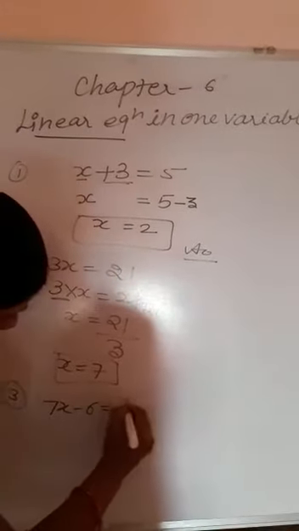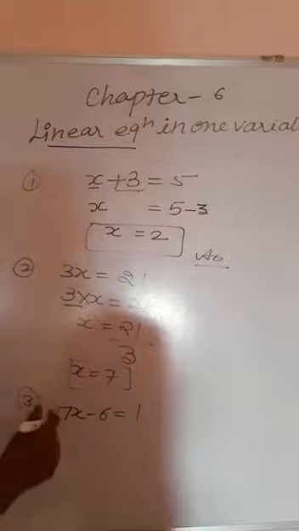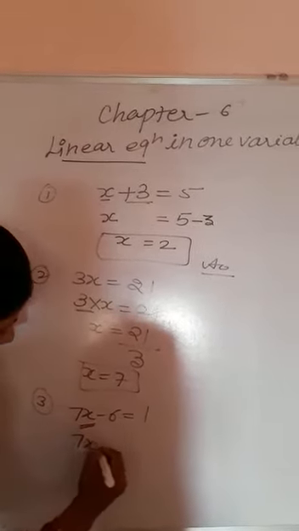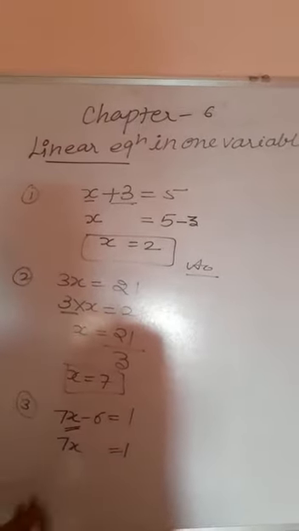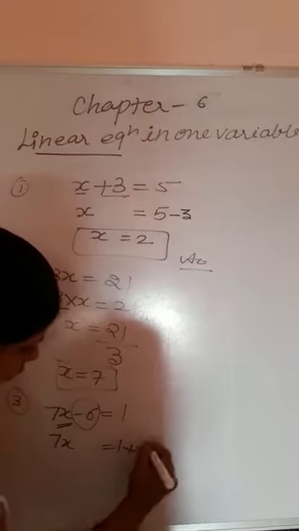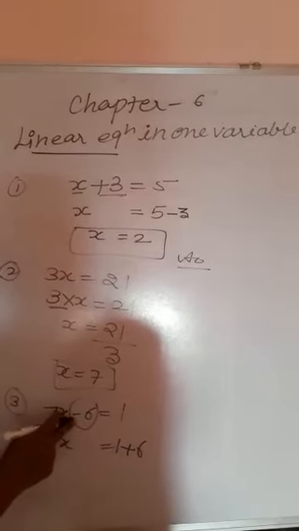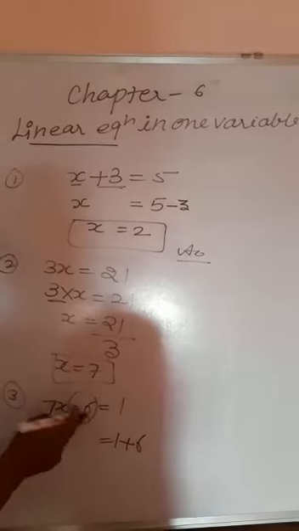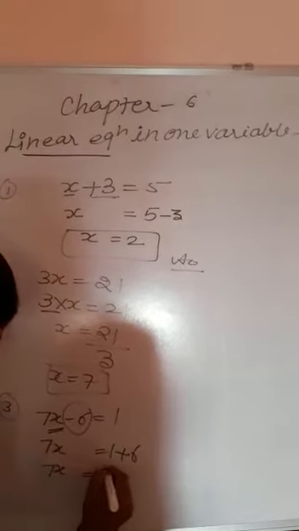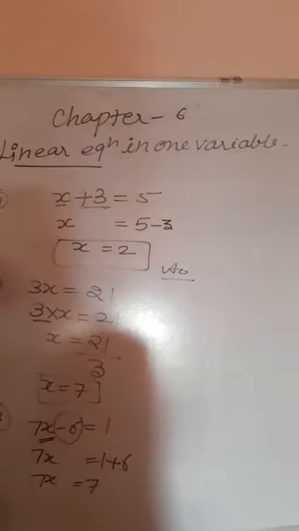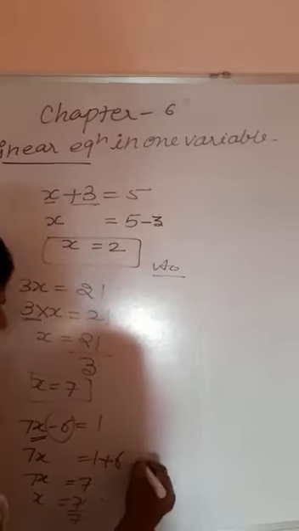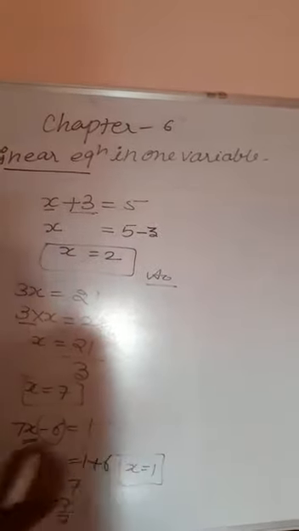Now third question, suppose 7x minus 6 equals 1. So how to solve it? Here write the variable term as it is, copy 1 as it is, and move minus 6 with a plus sign, because 6 is present with a negative sign, so write it with a positive sign. 6 plus 1 is 7. 7 is in multiply, it changes into divide. 7 ones are 7. So our answer is x equals 1.